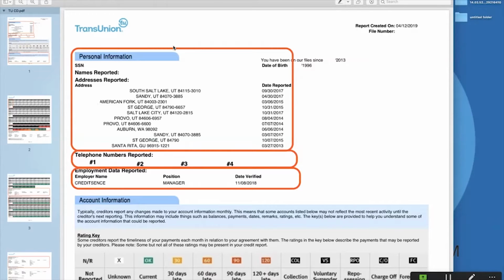So let's continue on the TransUnion. Now, we're not going to be discussing how to dispute inaccuracies or doing an accuracy audit. I'm here to show you how this information positively or negatively impacts you. So the first thing we want to look at over here is the file number, that top right.